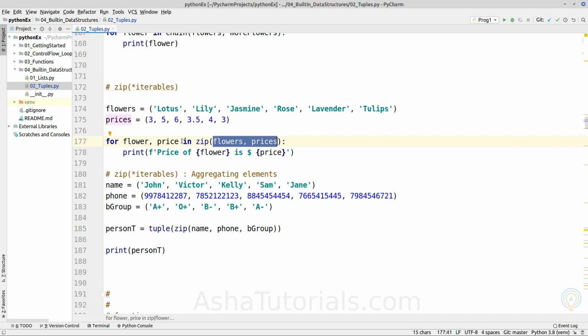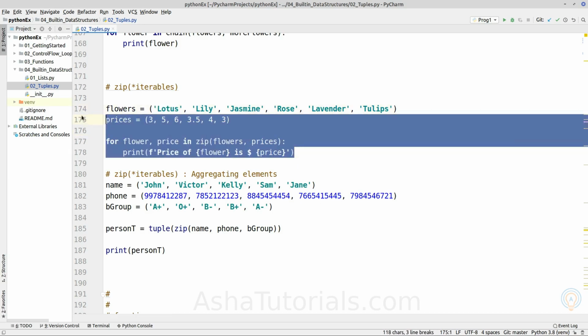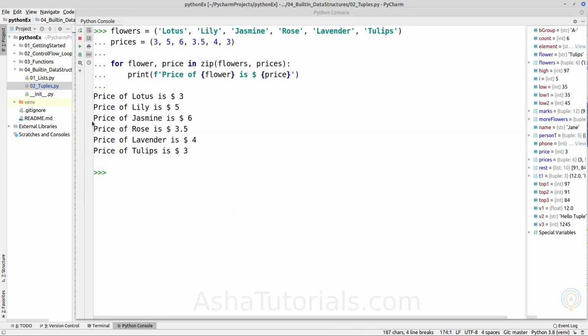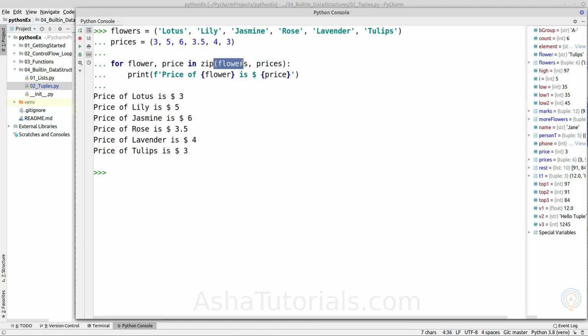We know it's 2 elements, so we have written here 2 variable names which will extract them. The first one is the flower and the second one is the price. If we iterate using zip, it will iterate parallelly through the given 2 iterables.